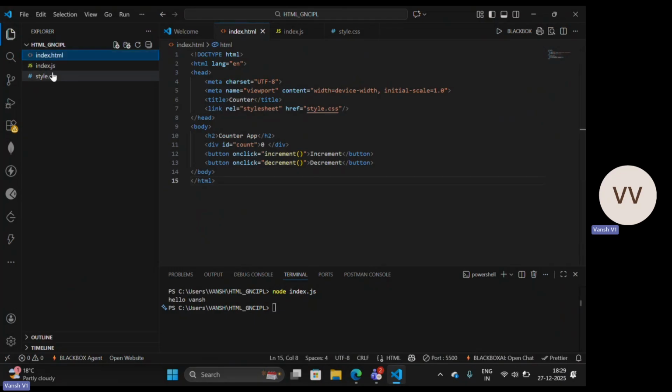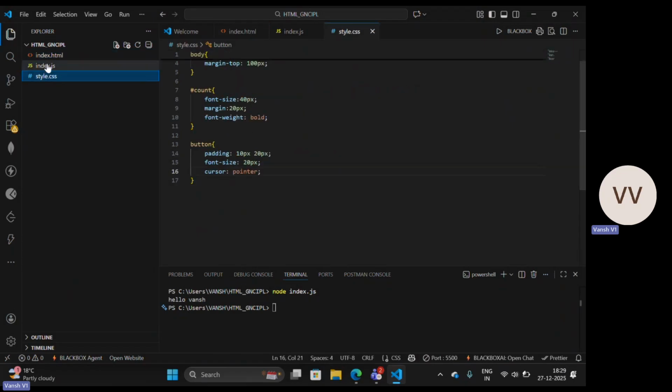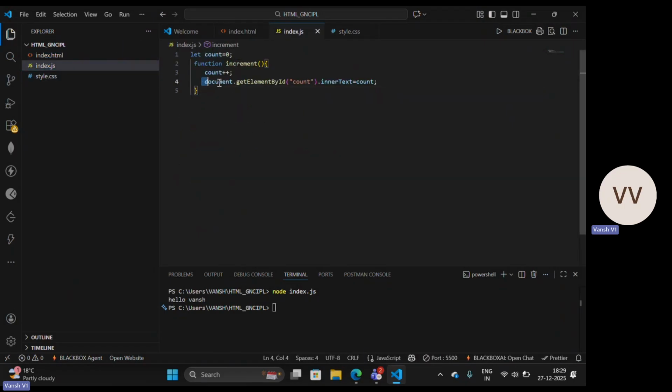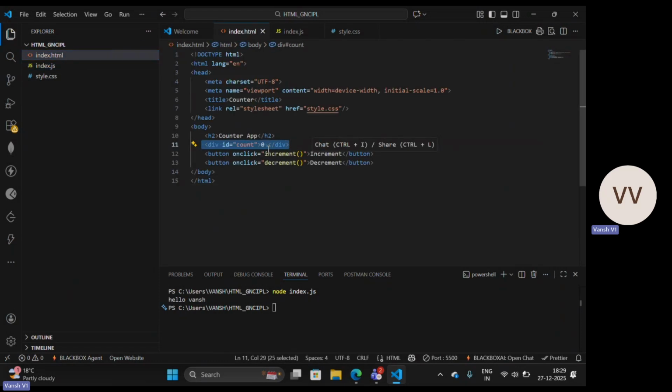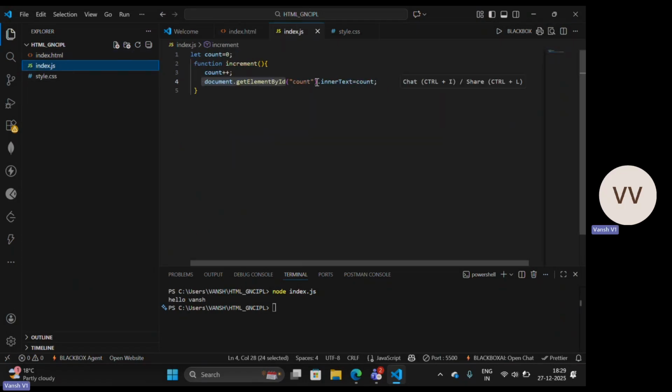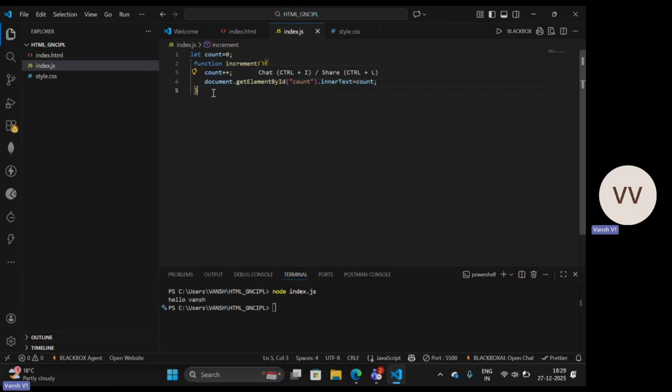So how are we doing it dynamically? We are doing it by document dot getElementById, meaning where the ID is count, there you have to change the text. Whatever text is written over there, you have to change that inner text to the current value of count. And what is the current value of count? It is however many times you have increased that counter. Same code we have to write for